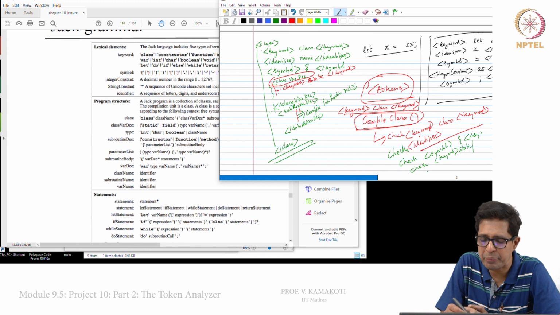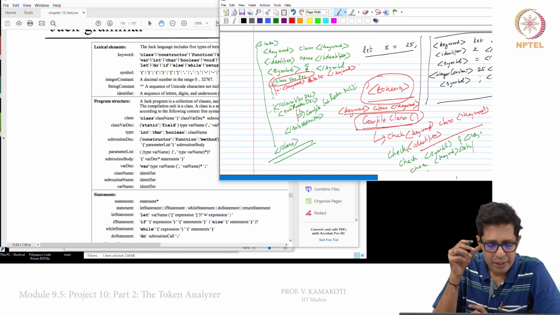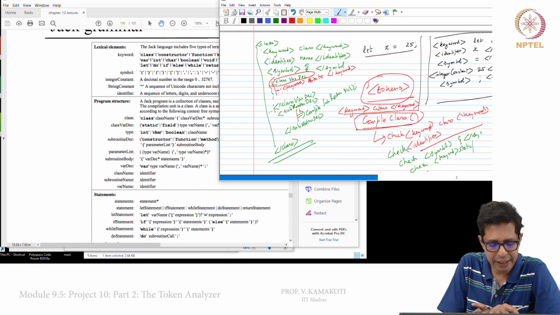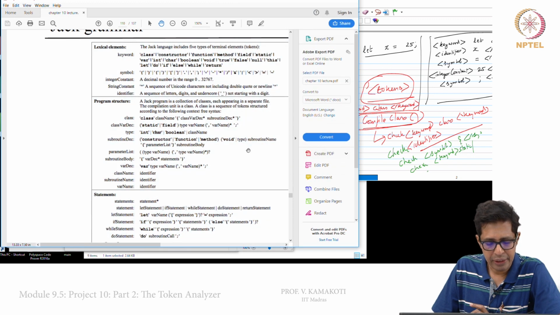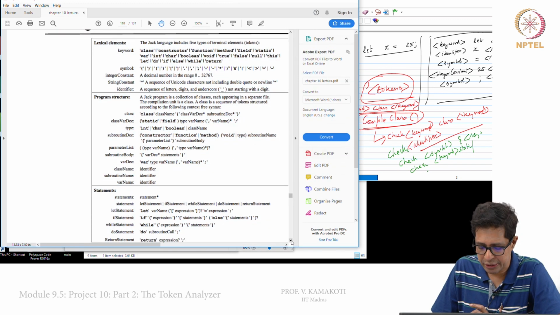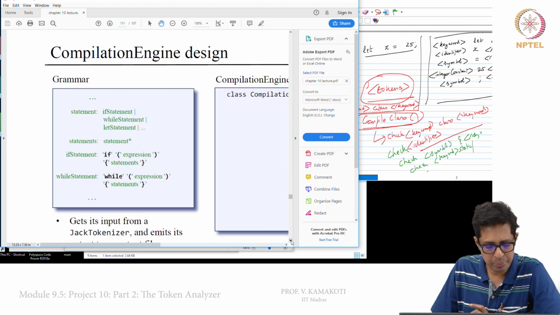So, this is 4 spaces from the beginning. Then it will go and check if there is a type. Again the type can be, as you see here, the type, where is the type, you can go here and see your type.